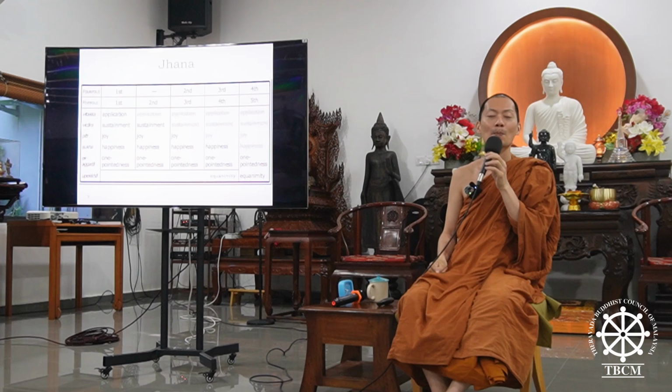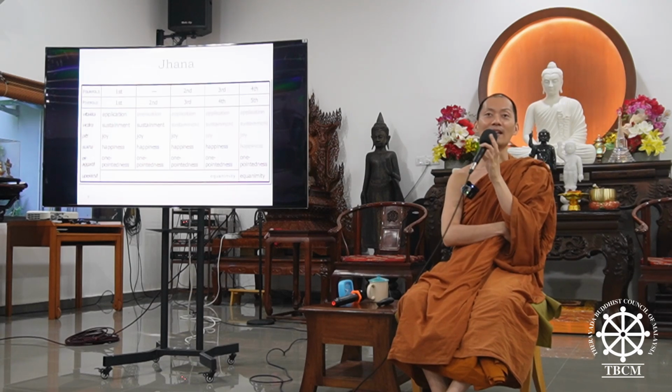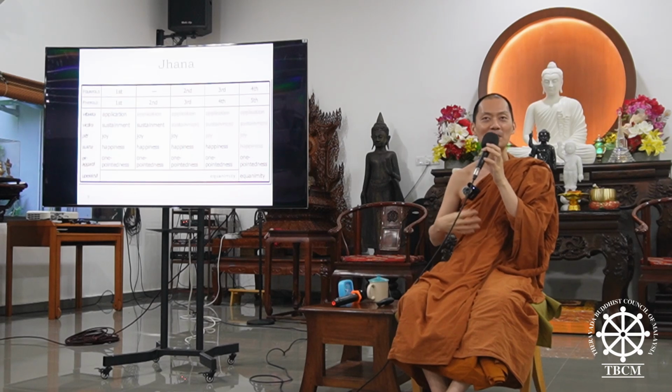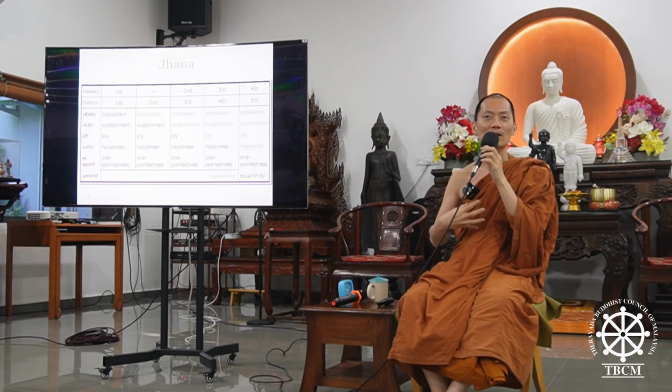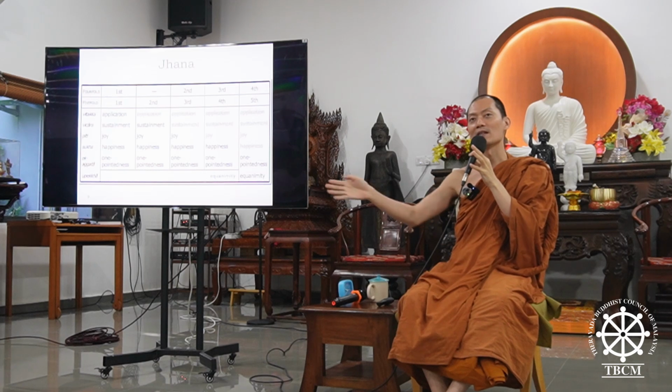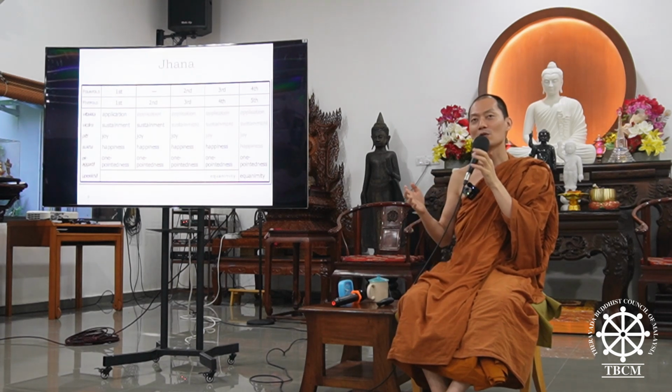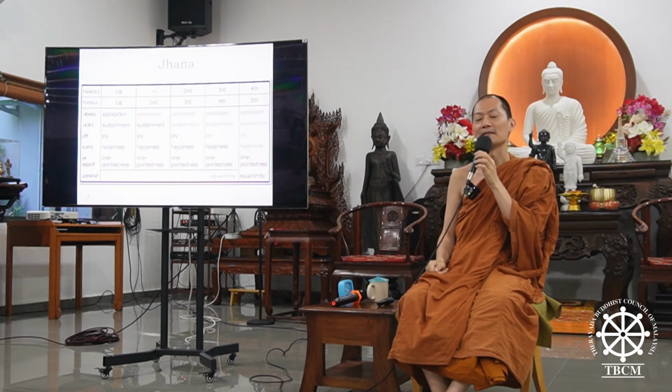For those people who are familiar with rising and falling, you can also do this, but the labeling will be difficult. You need to wish well and happy. Because if you go straight to the reflection of rising and falling or impermanence, that is the insight route. So if you want to do the jhana route, you don't use the label rising and falling first.